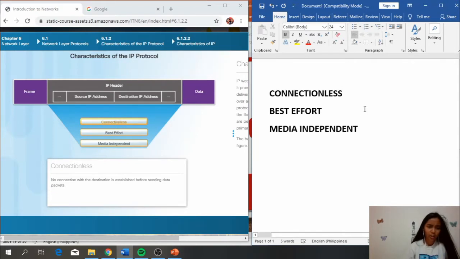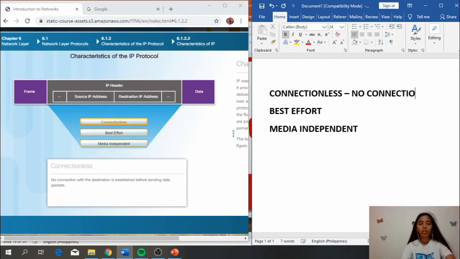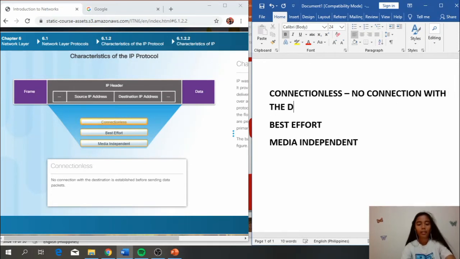For the connectionless, there is no connection with the destination, and for the best effort,